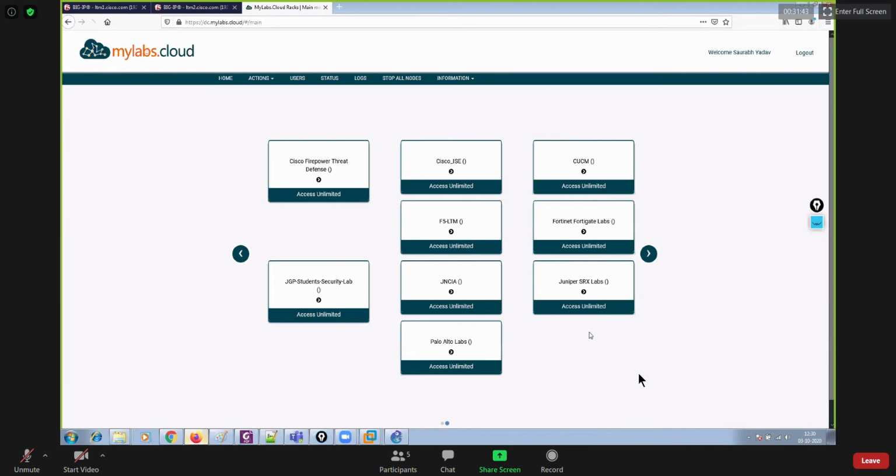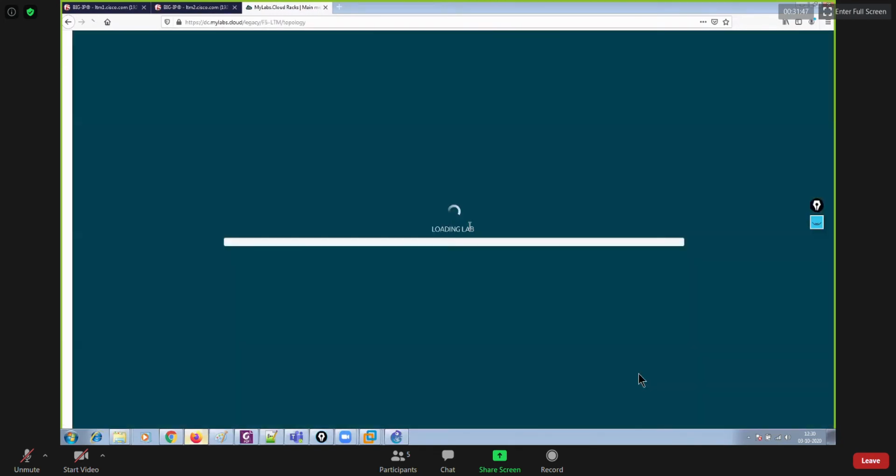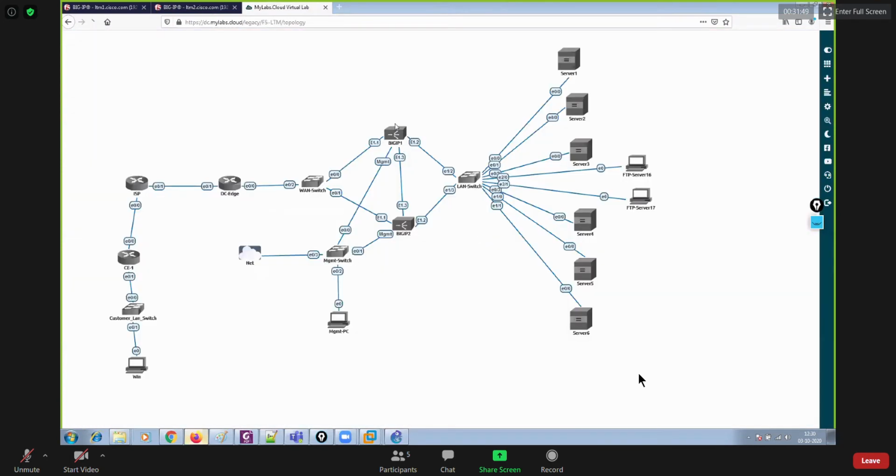F5 lab. Where is F5 LTM? All right. So the topology will be like this. You have two different big IPs, right? So guys, the IP addresses will also get changed accordingly in this topology.